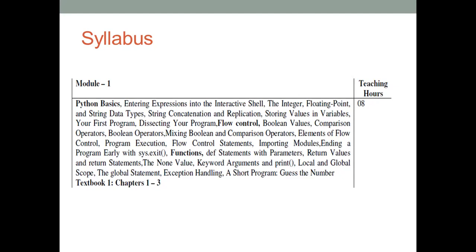Why? Because Python is an interpreted programming language. It is executed line by line. But in previous programming languages like C, C++, and Java, the languages are compiled. They are not interpreted. They are compiled programming languages.